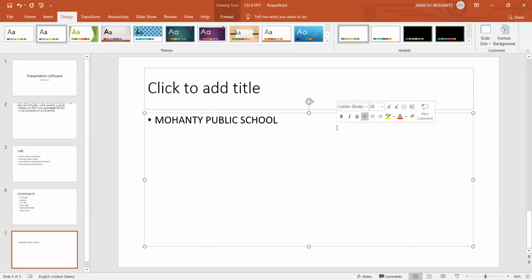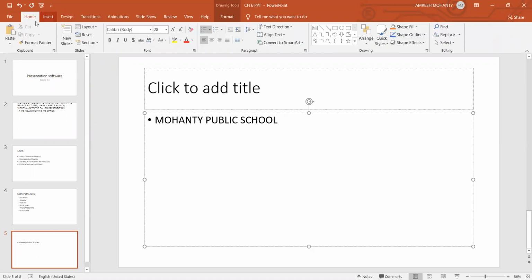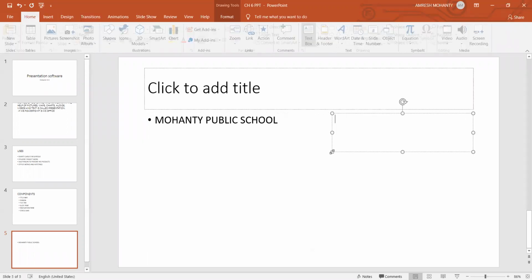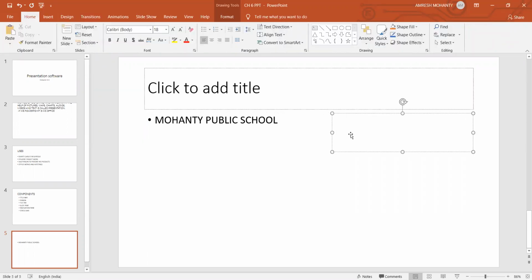It will show me the text. Okay, and you can also insert a text box. You see, I can also insert a text box from here. I want to insert a text box over here.